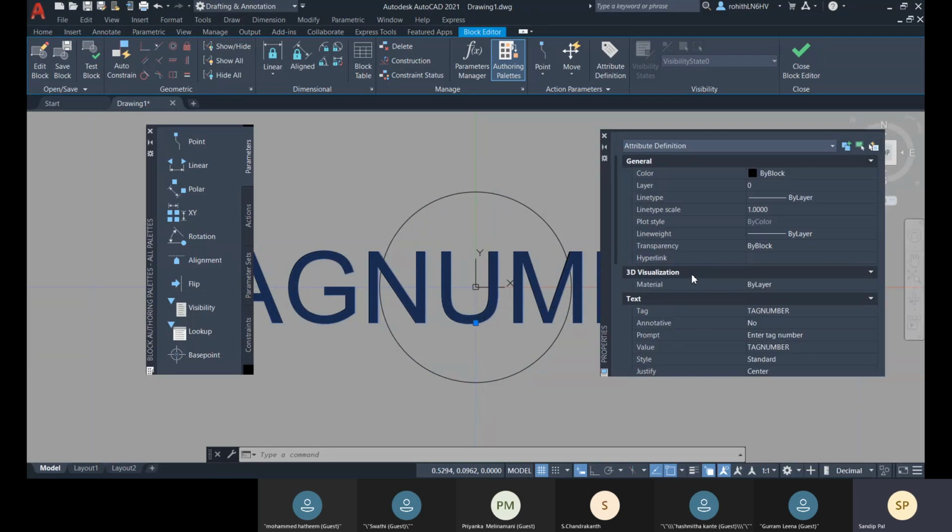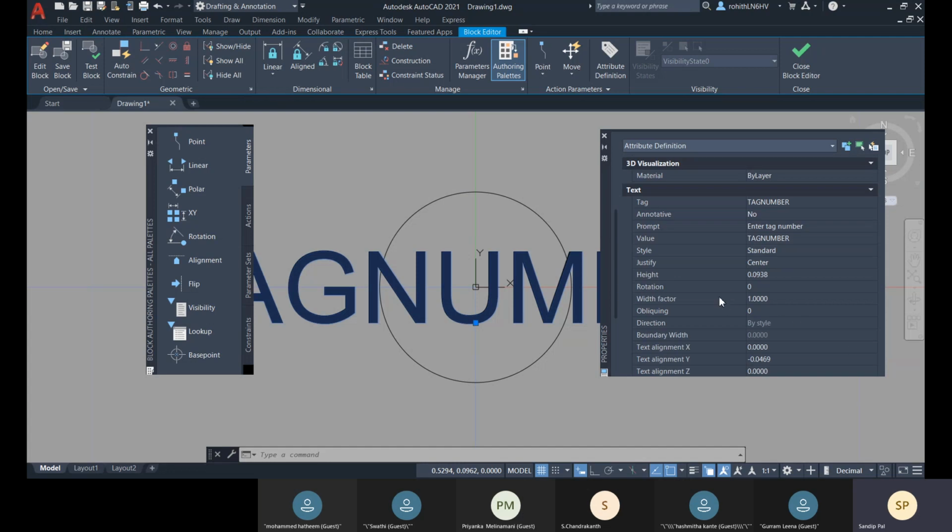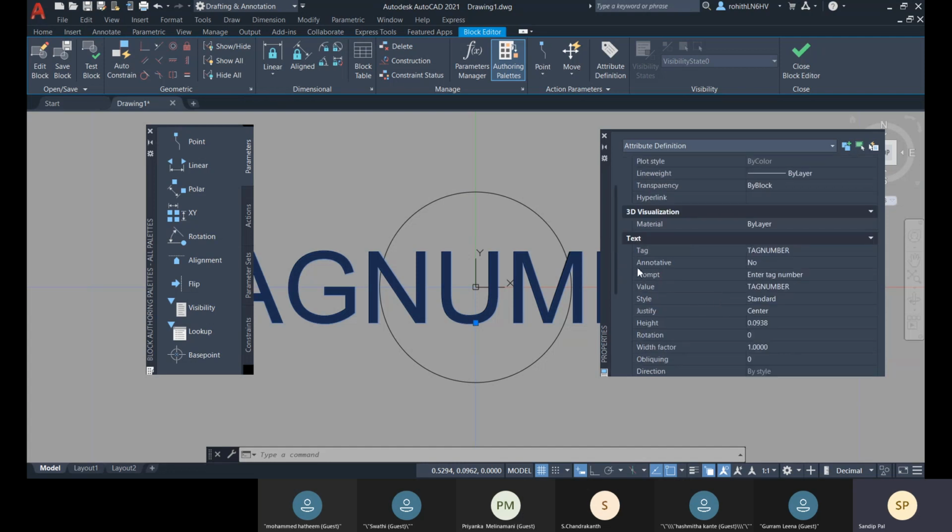Let me come to this. So this is text height available here. So here we can change the text height.